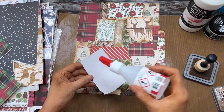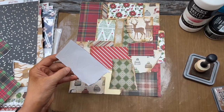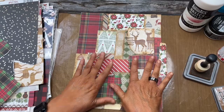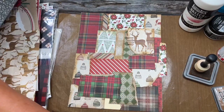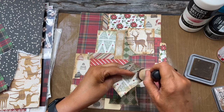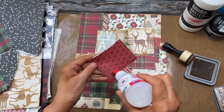All right, I'm almost done adding the collage of scrap papers to my masterboard, and you can see it just makes a really pretty collage. So I'm just going to grab one more sheet to add. Here we go. And I love going around the edges and putting the ink, or vintagizing as I like to call it,